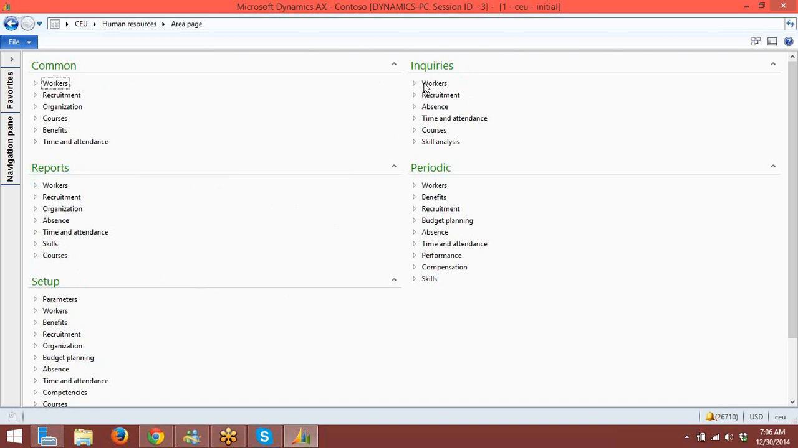Okay, inquiries. Here we can find information on some particular criteria basis. Suppose I need to find information for this particular month, this particular year, or this particular employee. On some criteria basis, we can get information here in the inquiries node. In the reports node, obviously we will have reports. SSRS reports will be placed in this